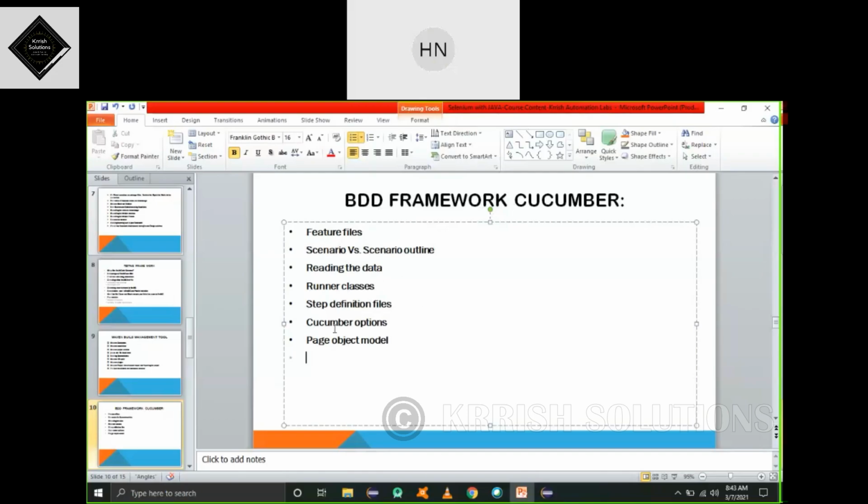Now all the terminologies are new to you. The main thing is business people wanted to know what your test script is doing. That's the reason the BDD framework came into the picture. As of now, you can remember these things. We'll discuss more and more about the BDD framework.